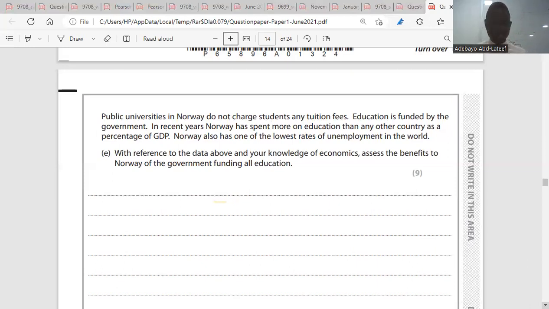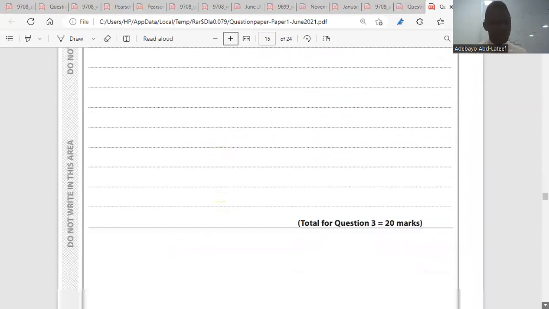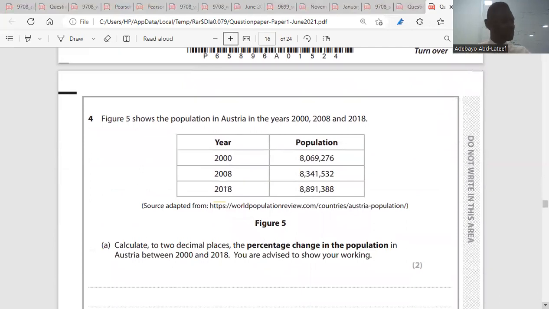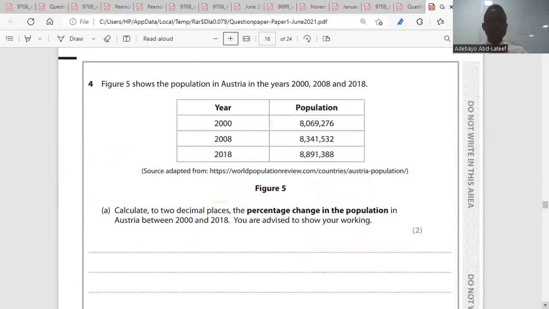Then we go to question 4. It says figure 5 shows the population in Australia in the year 2000 to 2008 and 2018. Calculate to two decimal places the percentage change in the population in Australia between 2000 and 2018. You are advised to show your working. So here we have